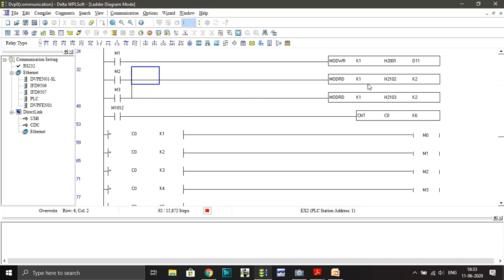Now this data is read from the VFD, but the PLC first stores it in one of its own registers, so we have to grab the data from that register.